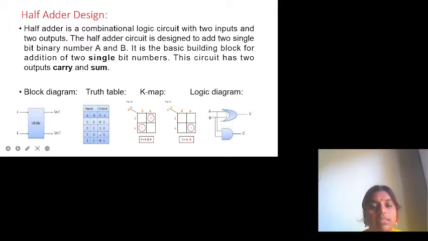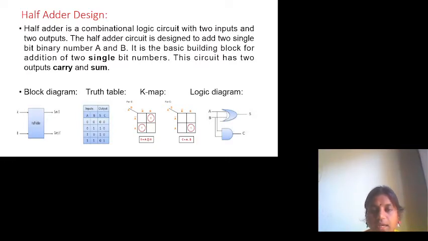And for 1 1 logic, sum is 1 XOR 1, which is 0, and carry is 1 ANDed with 1, that is equal to 1. So finally the logic diagram is simply an XOR gate whose output is the sum, and an AND gate whose output is the carry.